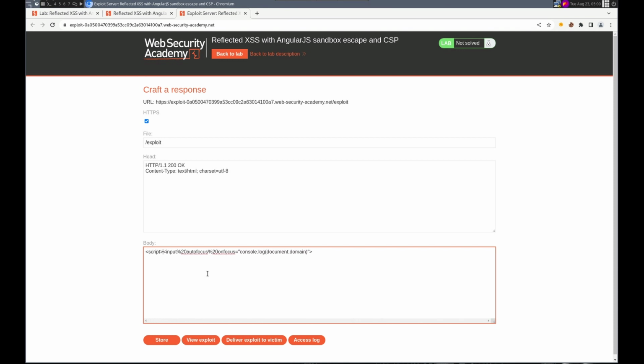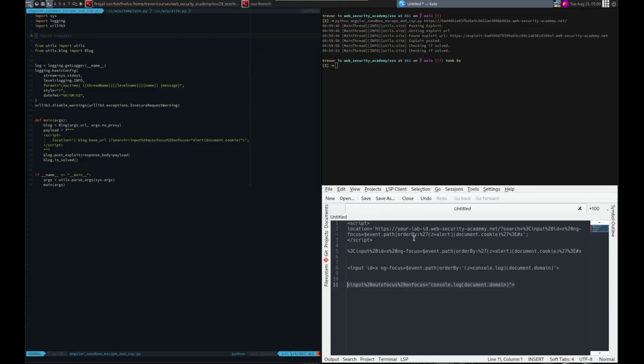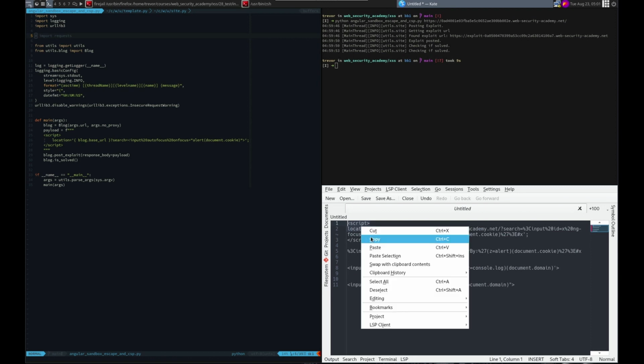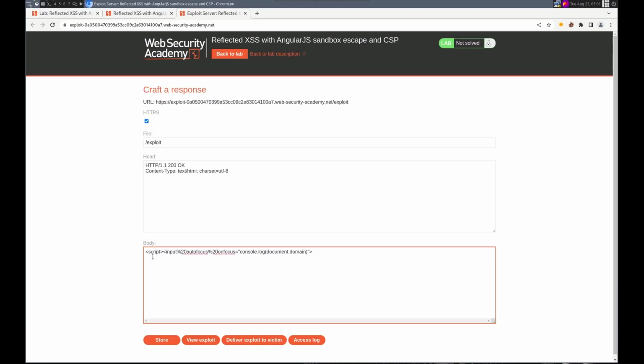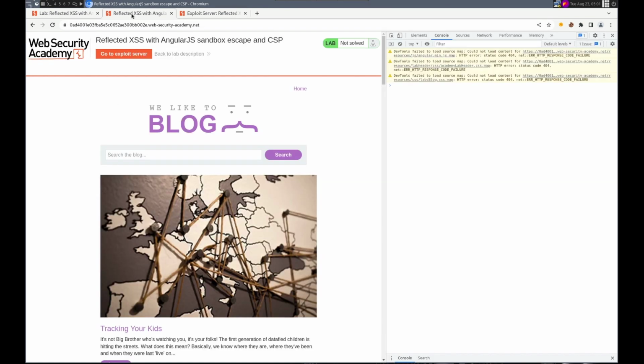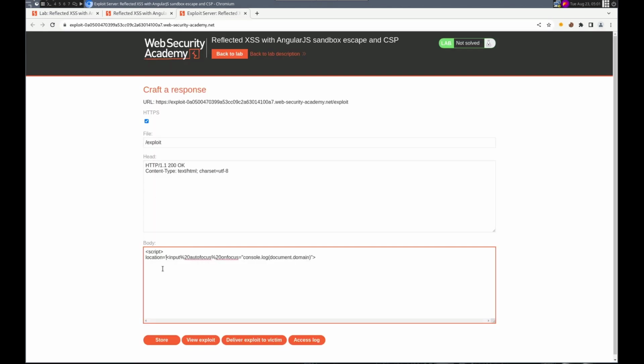Script. Let me go here. Script, location, single quote, and then here, and then we need this. /search equals this, and then we need end script, right? We need a single quote there, semicolon, end script,